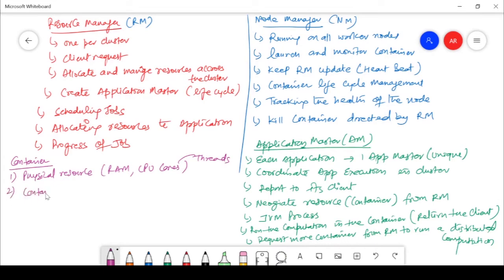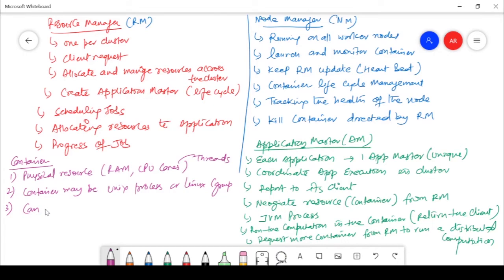The container may be some Unix process, or it can be a Linux process, which is called C groups. So this can be a C group also. It can be a Unix process also, because this idea of container came from the Unix processes itself, way back.